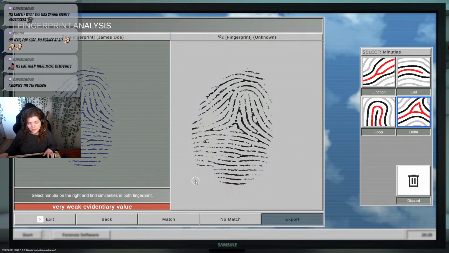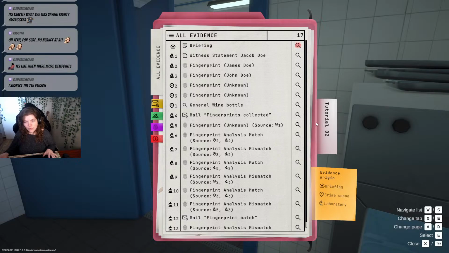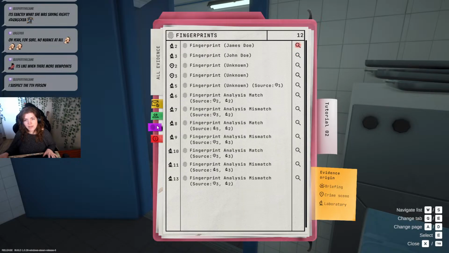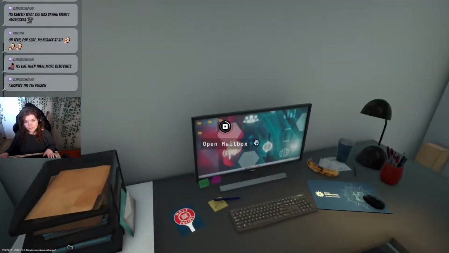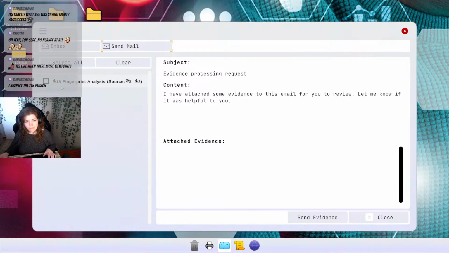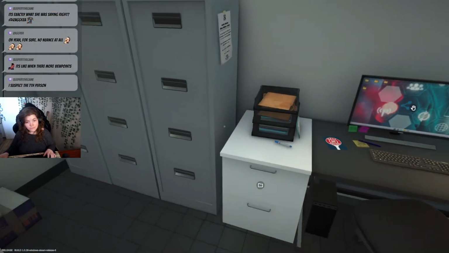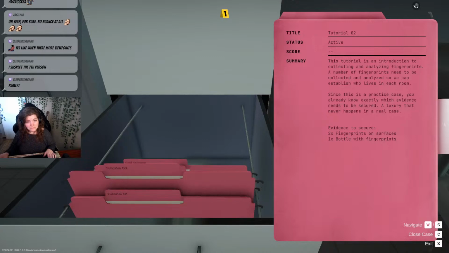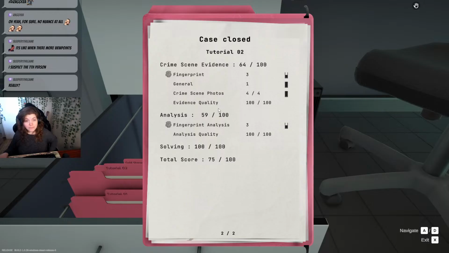I suspect the seventh person. I suspect the seventh person too. Honestly? Yeah, I suspect the seventh person too. Well, I've met the minimum requirements. I'm just gonna conclude the case. So,